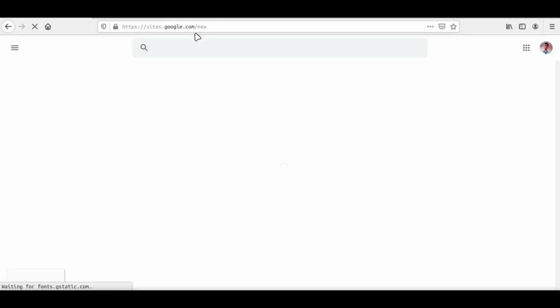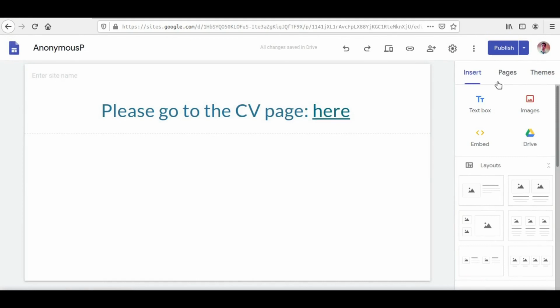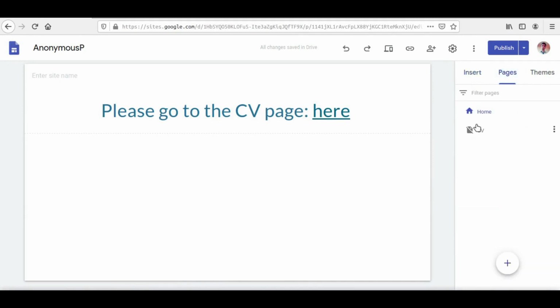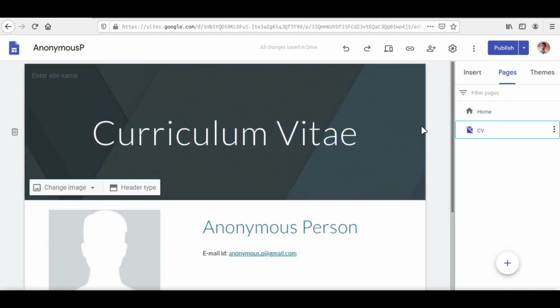So today we'll again start by going to sites.google.com, and once we are here we'll go to our page. Fine. So once the page is loaded, we will come to this part, and we will straight away begin with the right hand side toolbox today, where we'll go to pages and then we'll click on the CV page. Fine. So the CV page has loaded, right? Now today we'll simply work with completing the page and making it better.